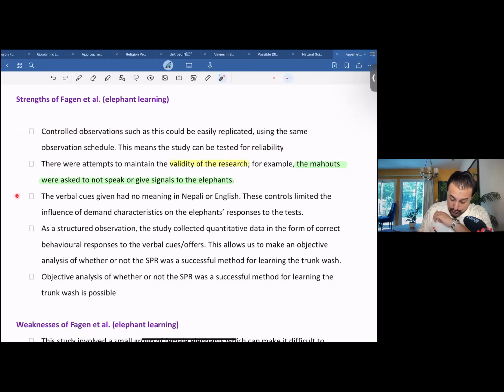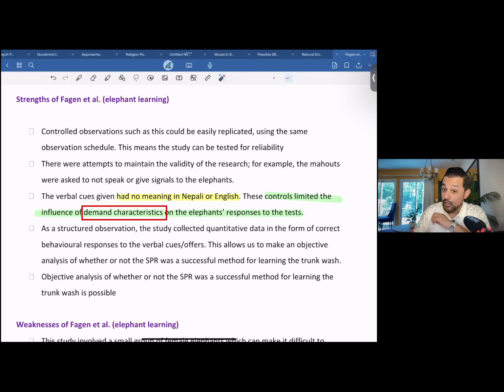Now, moving on to the third advantage. If you have a look at the third advantage over here, the verbal cues that were given. The verbal cues given had no meaning in Nepalese or English. These controls limited the influence of demand characteristics on the elephant's responses to the tests. Now, remember,